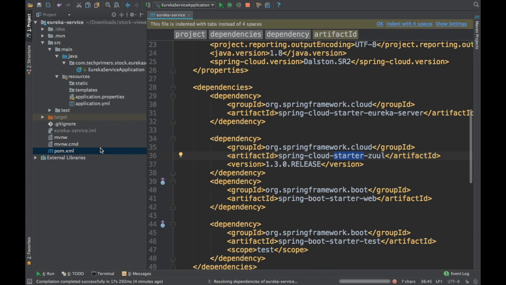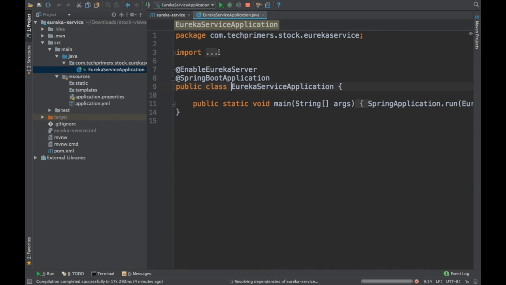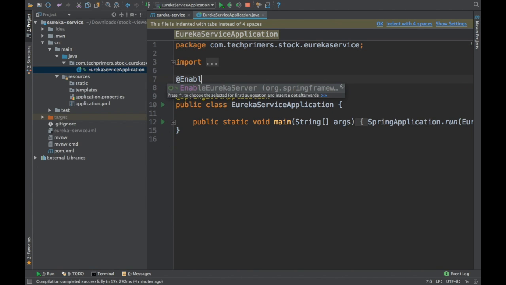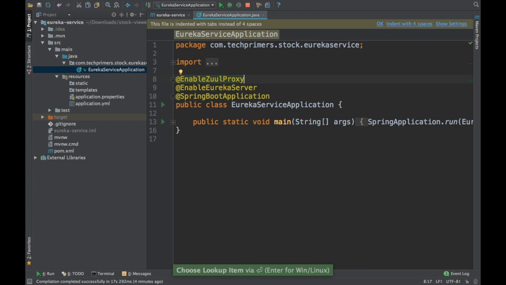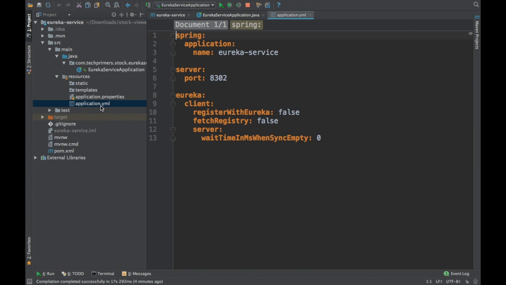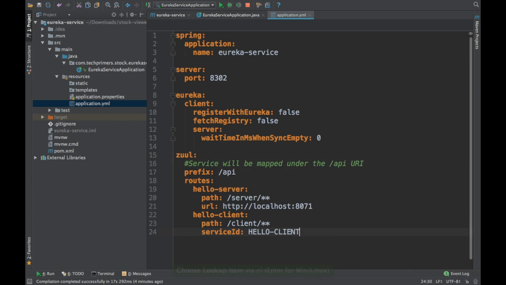As you know, Spring Boot has this way of having annotations, so we need to add the annotation for Zuul proxy as well, the enable Zuul proxy annotation. This is going to make this particular process behave like a proxy, just like a bypass system. So how will we tell Zuul to be a proxy? We need to add some properties. I already have some properties here, so I'm going to add the properties for the DB service and the